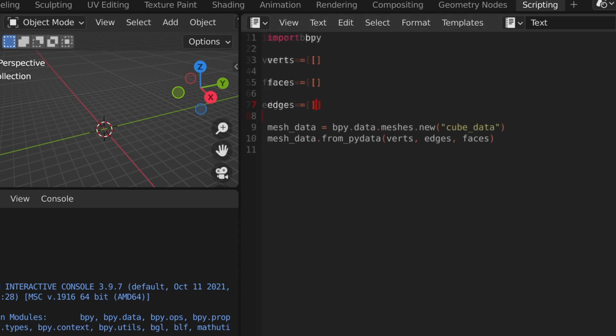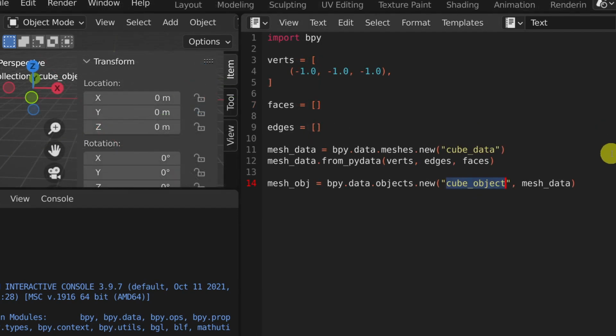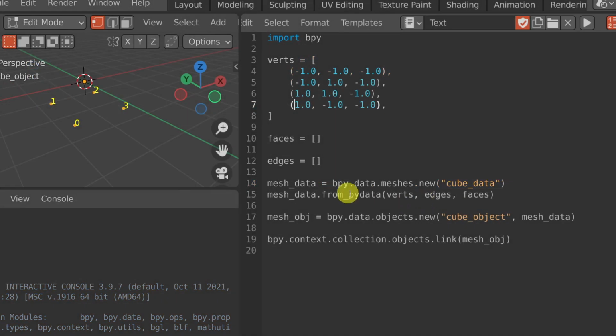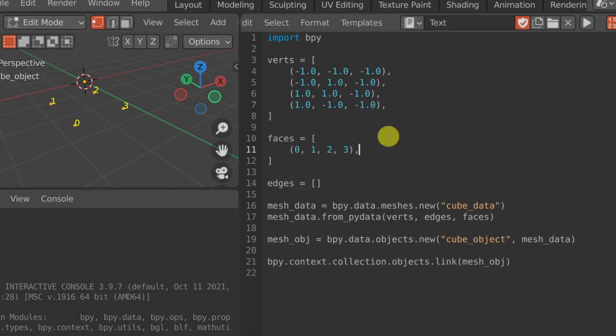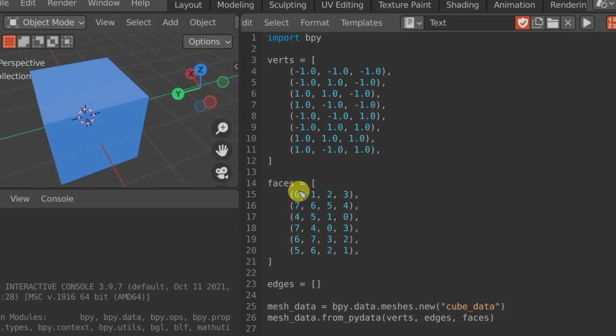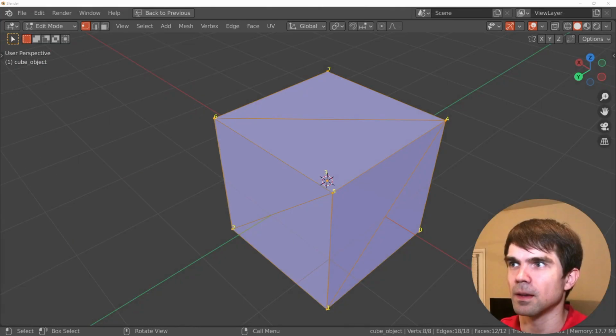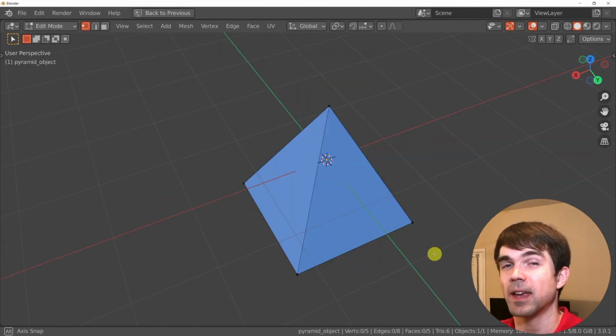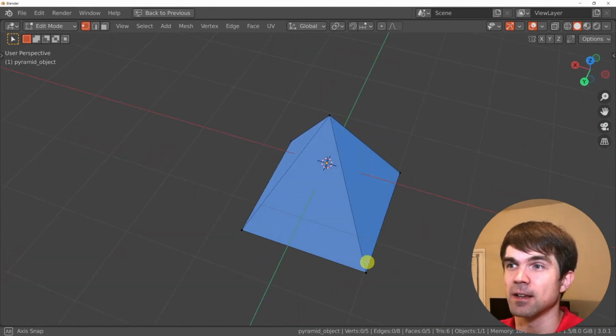Hey, this is a Blender Python exercise for beginners, where we'll be going over how to create a cube from a list of vertices and faces. We'll be using some of the common Python concepts such as variables, lists, and tuples. The only thing that you need to follow along is Blender. No prior Python experience is necessary. And if you stick around, I'll show you a couple more exercises to solidify your knowledge.